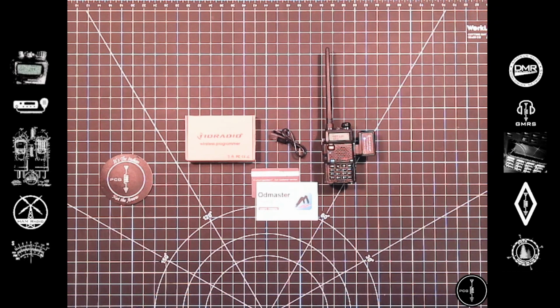I don't believe this will replace programming radios using software like Chirp and RT Systems, nor is it intended to, but I think it's a nice complement to one's overall radio kit, and there's definitely a place for this device